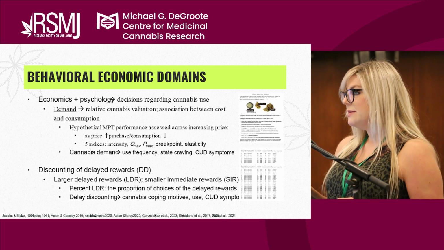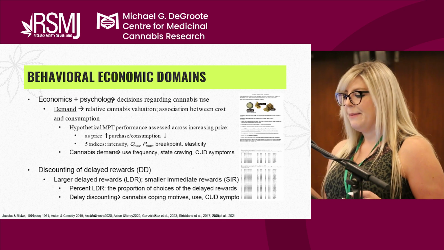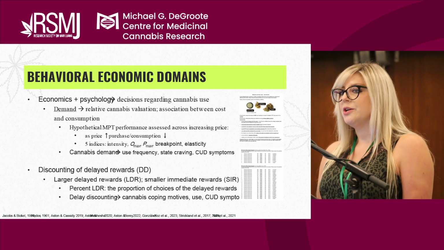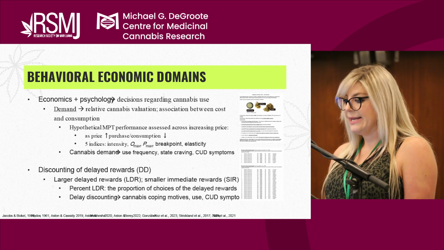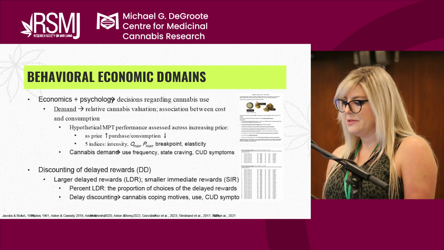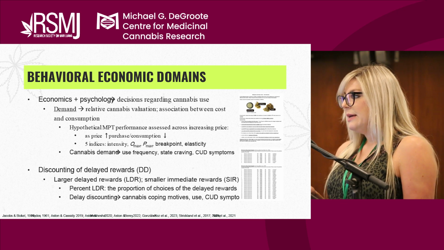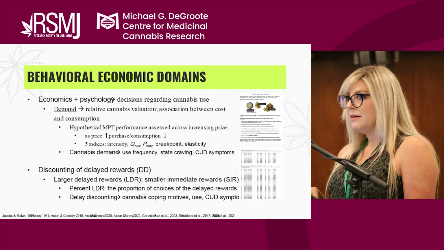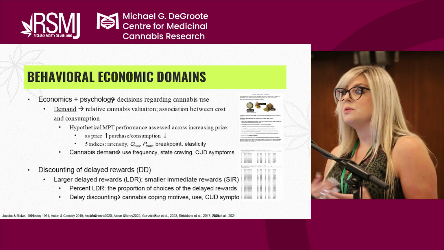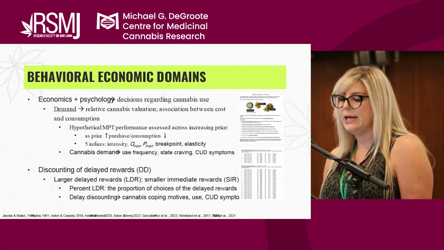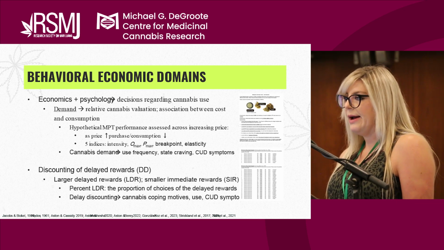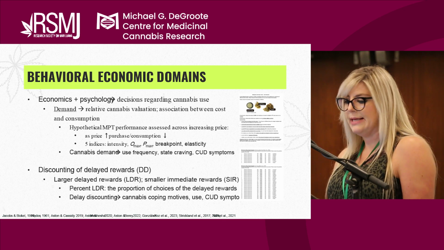We typically measure this using a marijuana purchase task, or MPT, and we look at how much cannabis individuals would purchase across escalating levels of price. As price goes up, typically purchase and consumption goes down. Makes sense, right? From those tasks, we can obtain 5 indices of demand. These include intensity, so that's how much cannabis you would use or purchase if it was free. Omax, that is the maximum expenditure that you would allocate for cannabis, so the max that you would